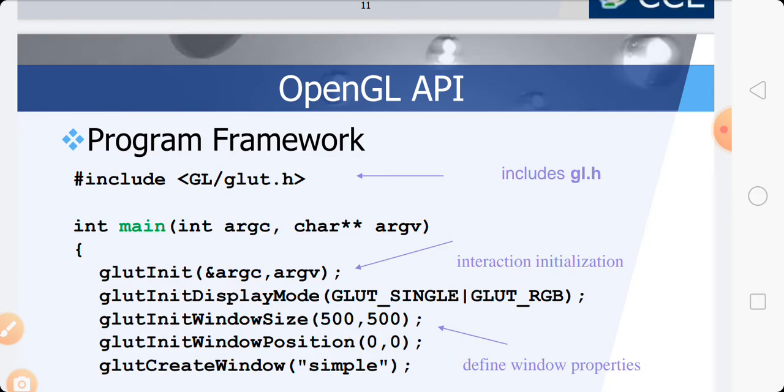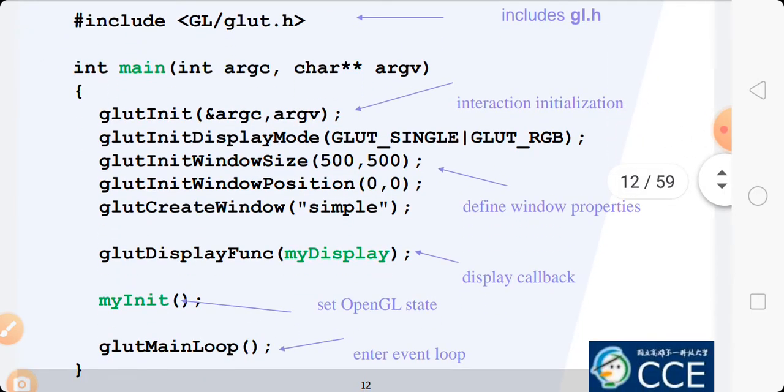These are all the Windows properties. glutInitWindowPosition 0, 0, and glutCreateWindow, that is "simple". These three functions define the Windows properties.